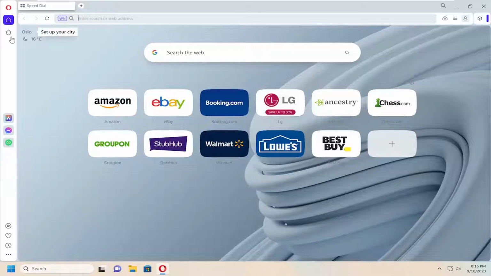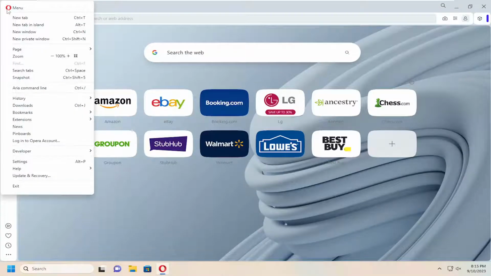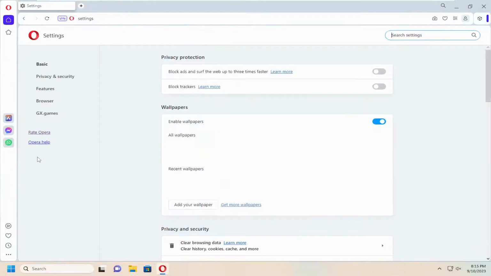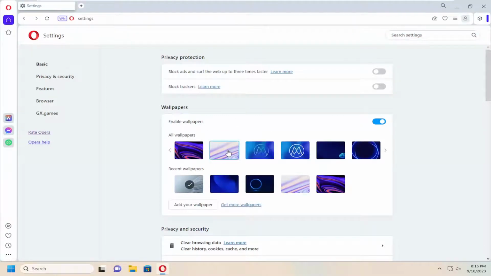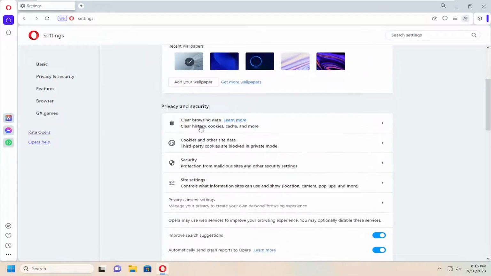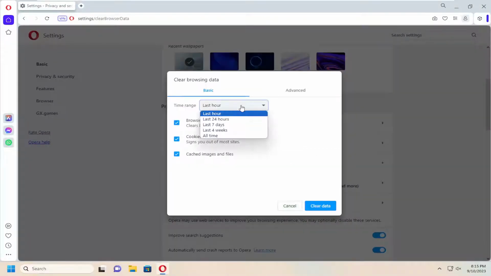And we're going to start by selecting the Opera logo up at the top. So go ahead and just left click on that. And you want to go down and select Settings. On the right side, underneath Privacy and Security, you want to select Clear Browsing Data, Clear History, Cookies, Cache, and more. Click in there. You can set the time range between the last hour, 24 hours, 7 days, 4 weeks,